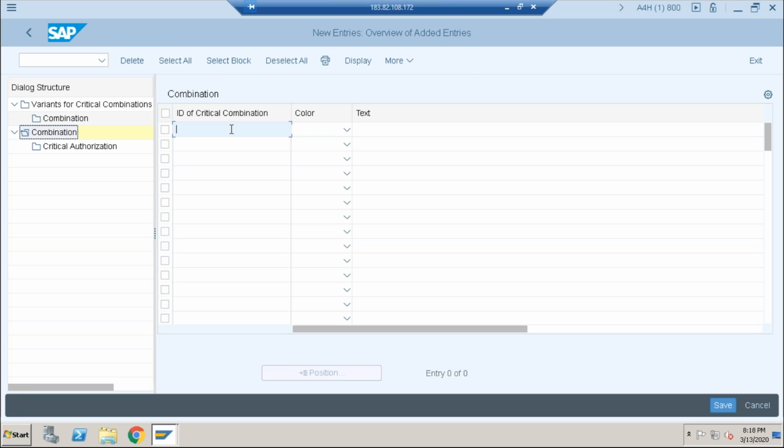This is the combination ID. Give the combination ID, that underscore CP and C. Give the color. Text.